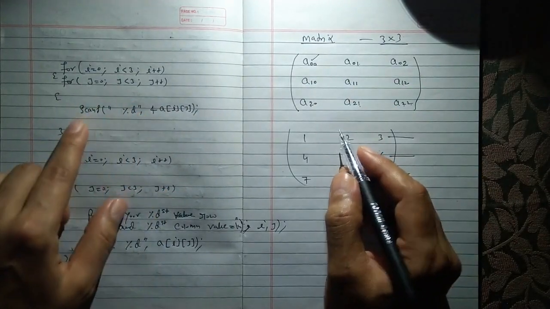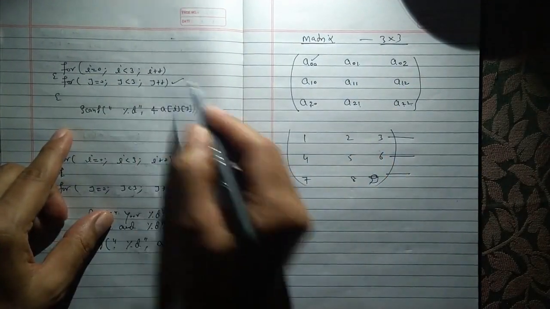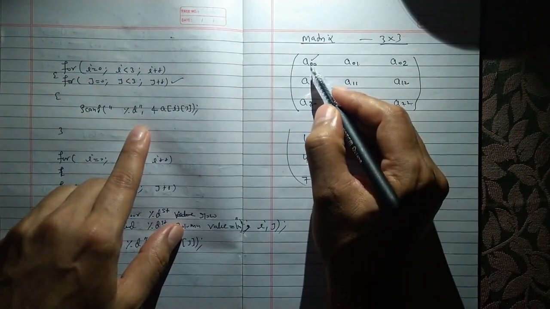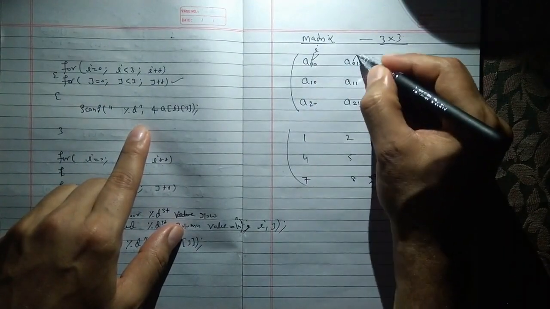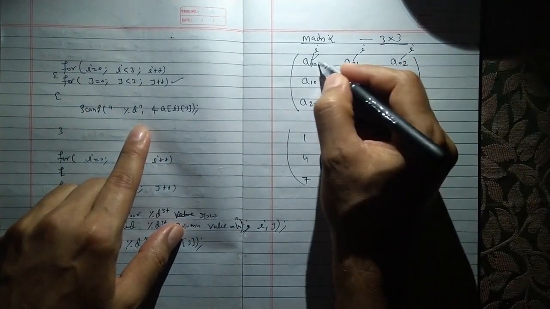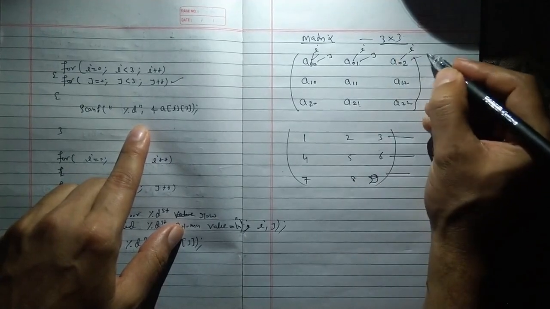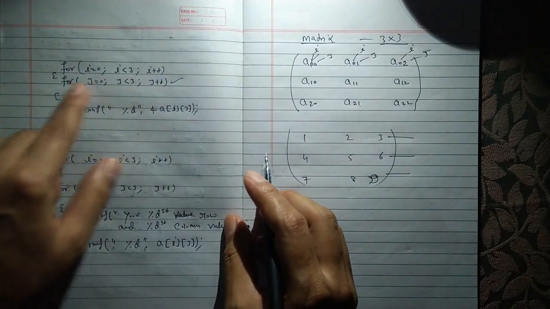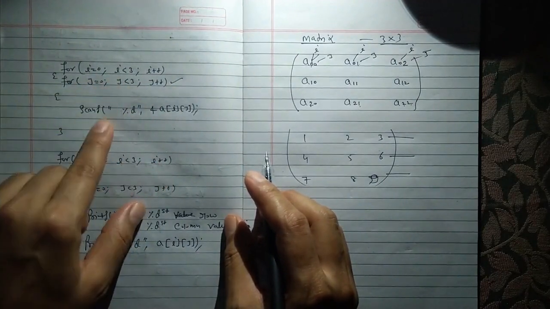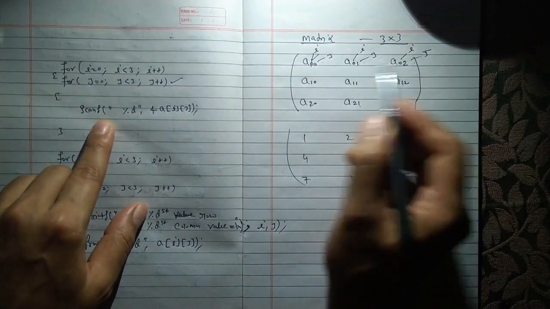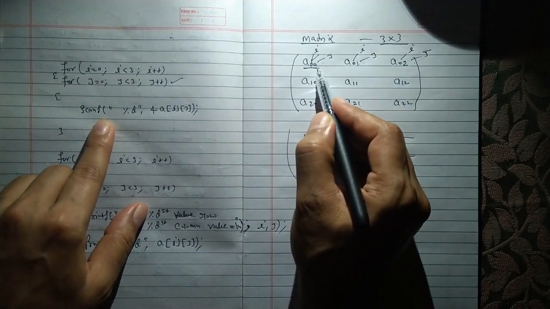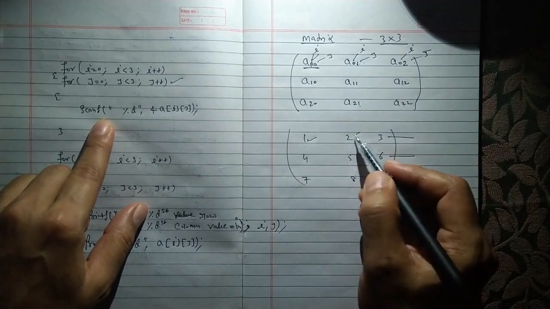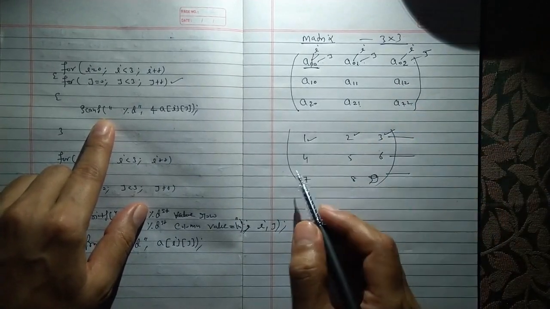Okay, then this loop, at first it will work with j = 0, j = 1, j = 2, meaning i is 0, this is your i, and this is your j. So i = 0, then this loop will work 3 times: j = 0, j = 1, j = 2. So for this value you will input 1, for this value it depends on you, you will input 2, and for this value you will input 3.